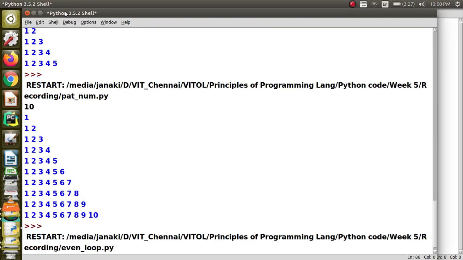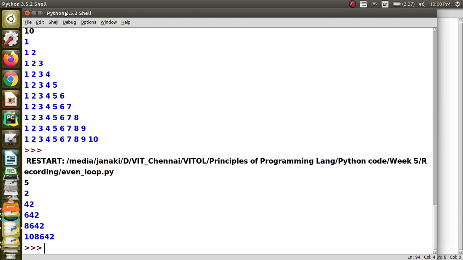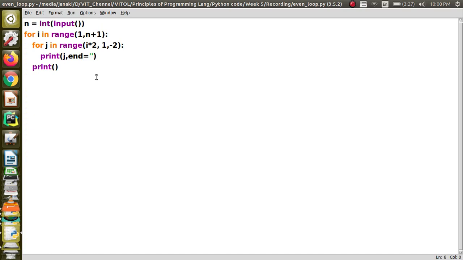If I give 5, I want a space, because without space it looks clumsy. Instead of space I am going to give a tab. Whichever character you want you can give for end. So I am giving \t.